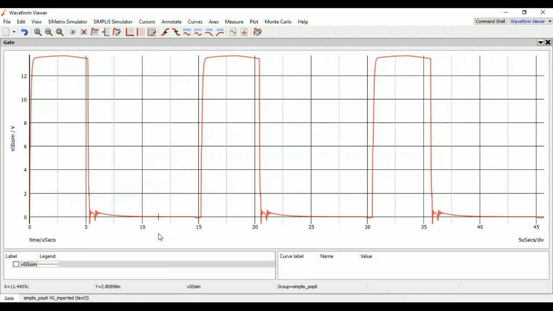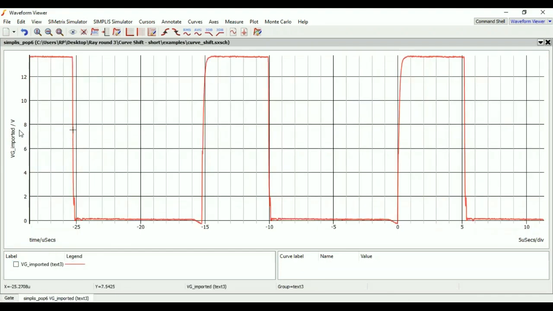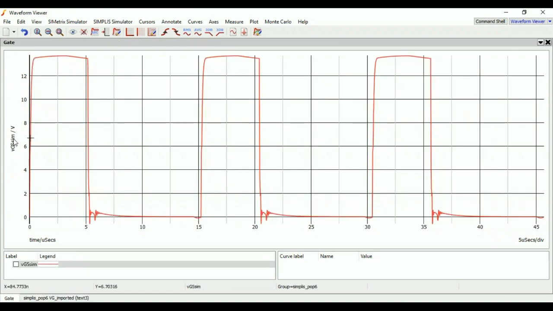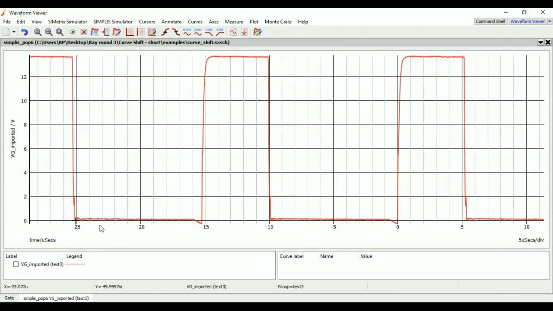Here I have two waveforms up and running. One here is the imported waveform, and on the other tab I have the simulated waveform. So if I want to compare these two,